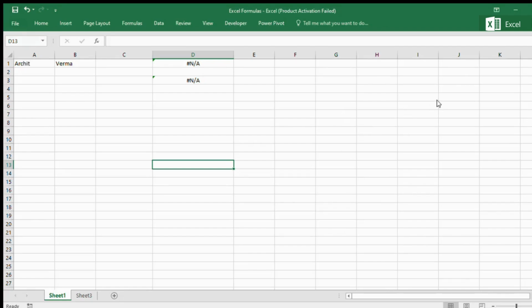In today's tutorial, we are going to learn how to merge text from multiple cells into one single cell in Excel. This is a fantastic skill for cleaning up your data and making your spreadsheets look neat and professional.